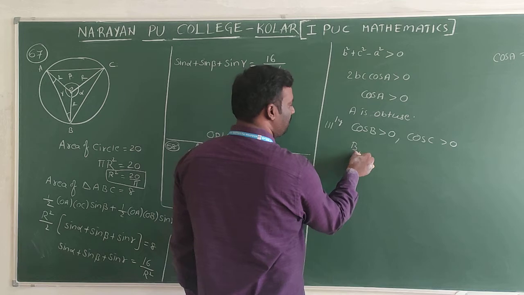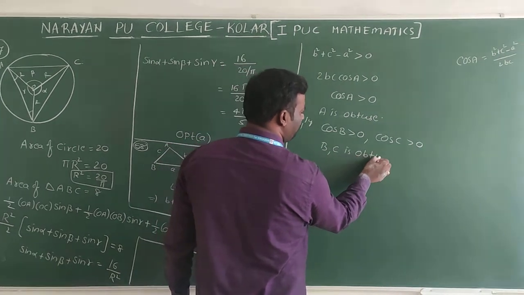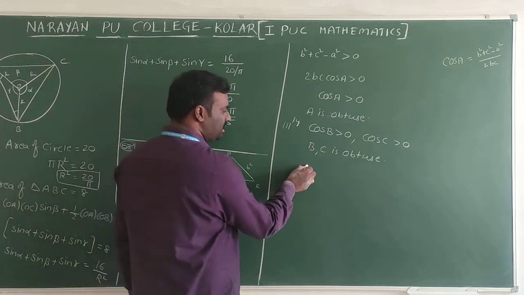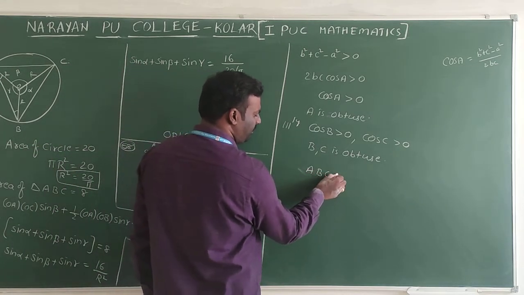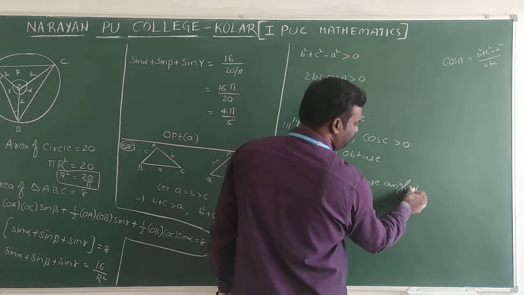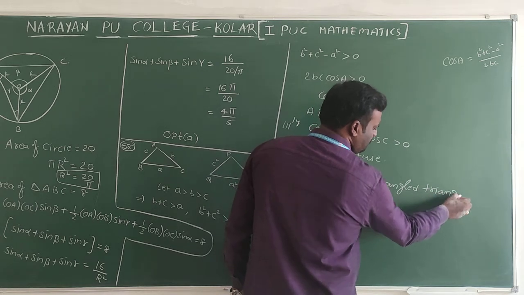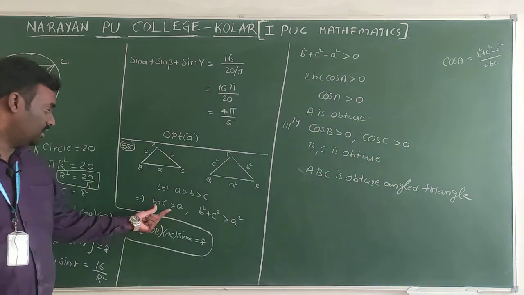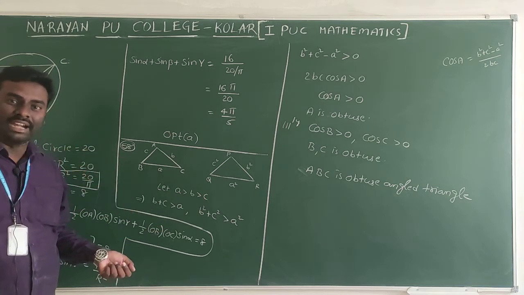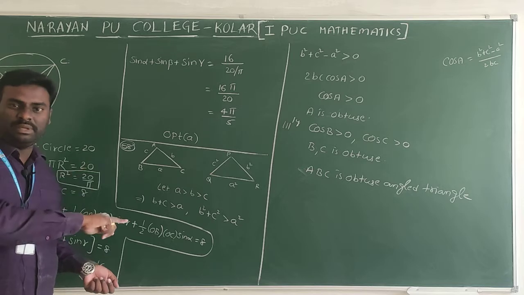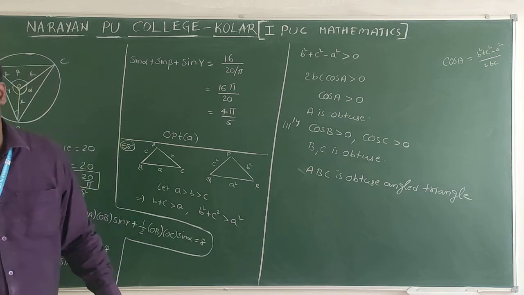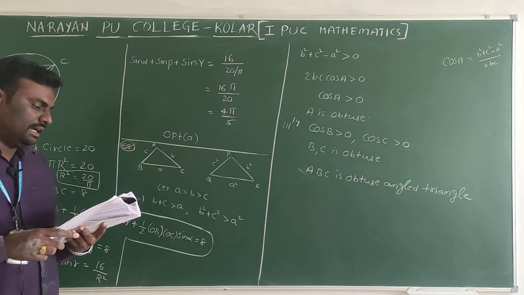Now, here also B, C is obtuse because more than 90 we will get. Okay. Now, according to this, ABC is obtuse angled. See here, I took the sum of two sides is greater than A, or again you can take A plus C is greater than B, again you can take A plus B is greater than C, but only one I took, the remaining two I wrote similarly. So finally ABC is an obtuse angle triangle.